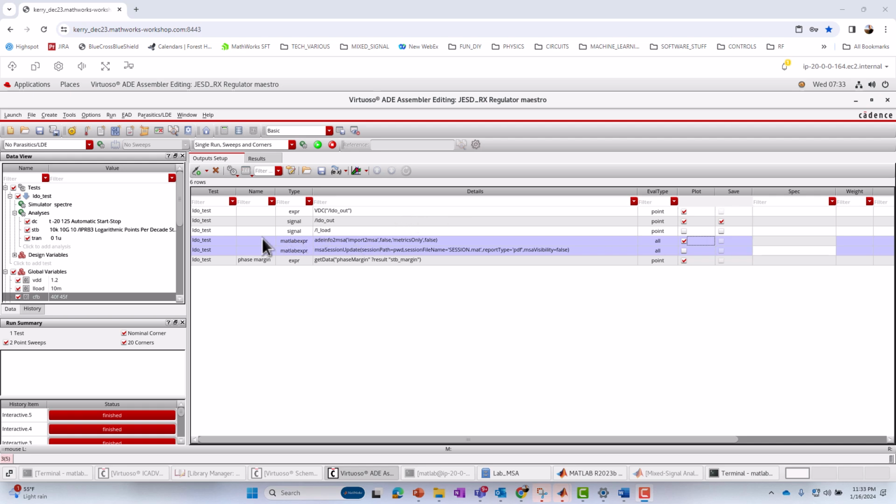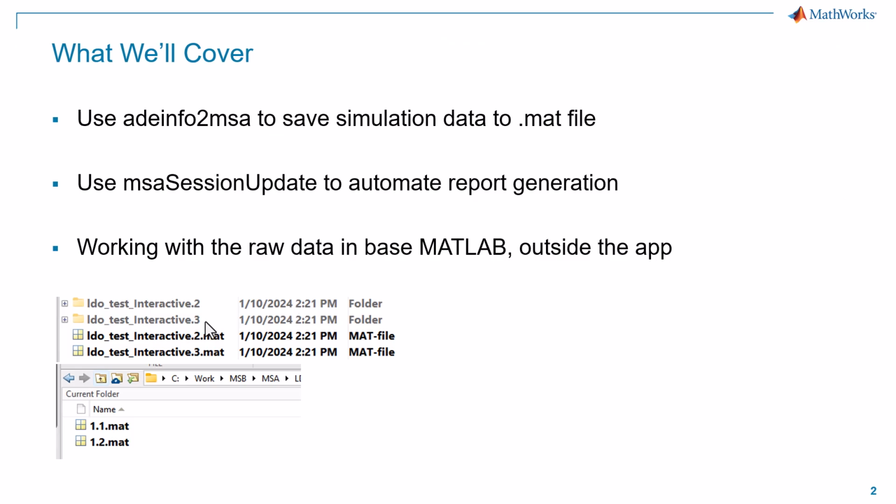Because again, the whole idea here is that you don't have to manually open up MATLAB after each and every run in Cadence. You can just automatically have either the MAT file saved, or you can go ahead and generate a PDF or PowerPoint file as soon as the simulation is complete. So let's talk a little bit more about that